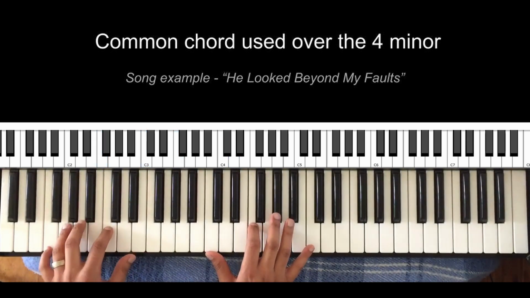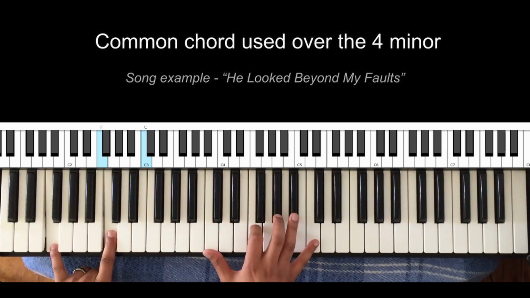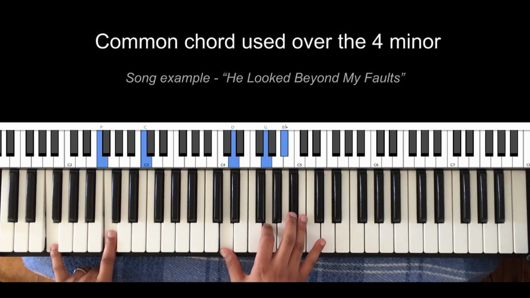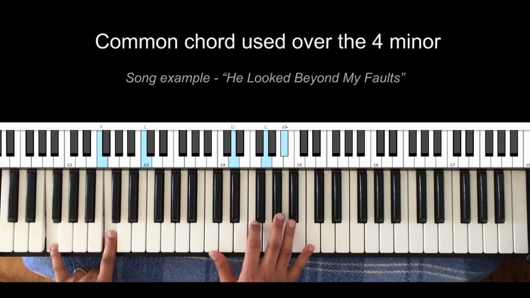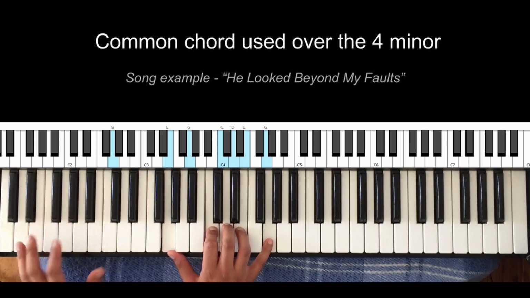From this 4 minor, all you do is go up a whole step. So in this case, from the F minor, a whole step would be G. So you go from F minor to G minor, and then back to F minor. That's the basic idea of it. We can expand upon that just a little bit. So how that would sound is,